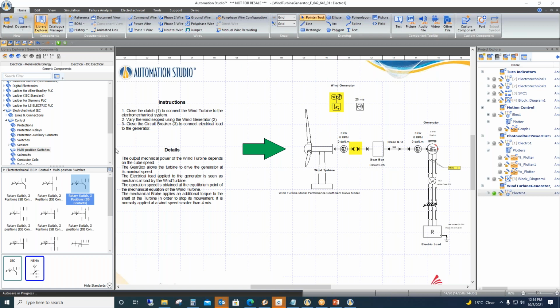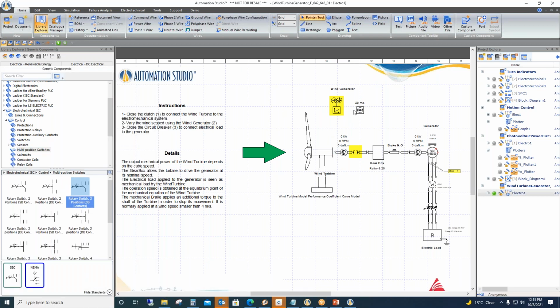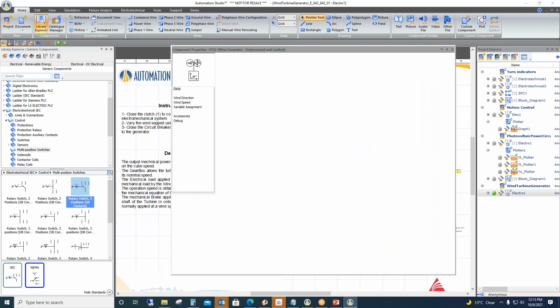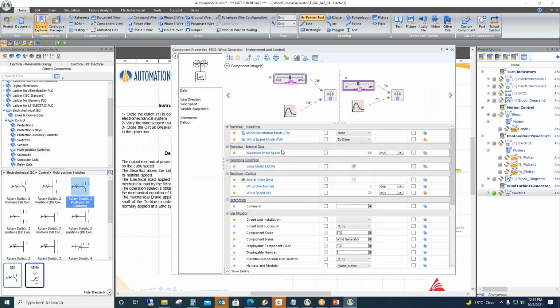And then here we have this wind sensor. For example, if I double click this wind generator, here we have access to the different properties of this wind generator. Here you can enter the maximum wind speed, and here you have the wind speed model.